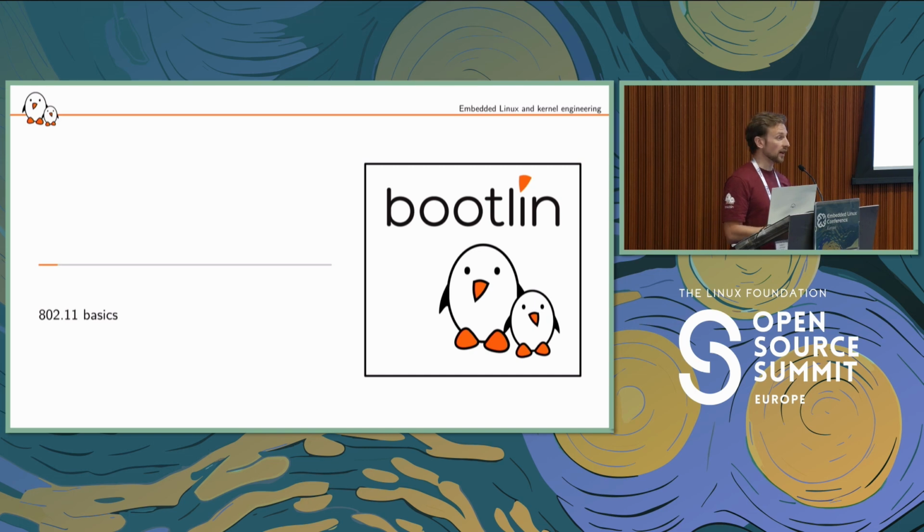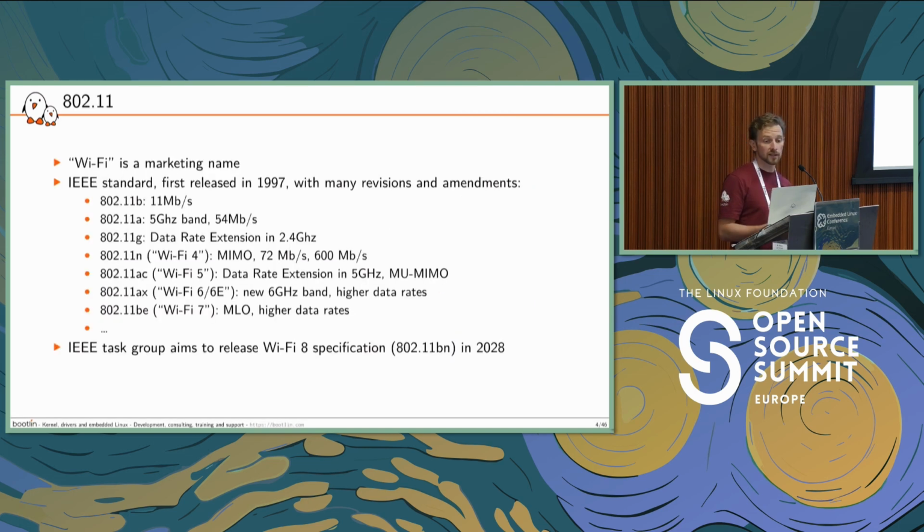So talking about the standards and the specifications, Wi-Fi by itself is only a marketing name. There is a well-defined standard behind it, and this is the IEEE 802.11. This is not a fixed standard. It keeps being improved year after year. That's why we have different versions with different features, with the general goal of improving the performance of our wireless devices, like the range, robustness, and things like that. We are currently on Wi-Fi 7, which has been released last year, if I'm not wrong, and there are new standards under progress, which should be released later.